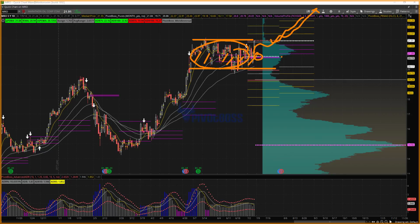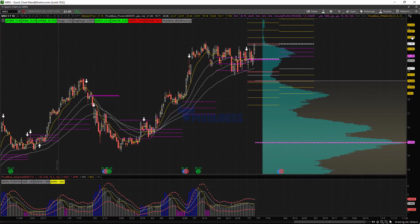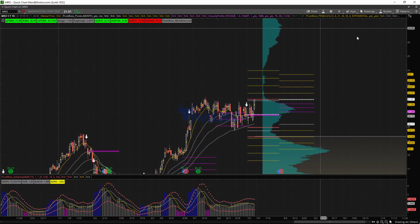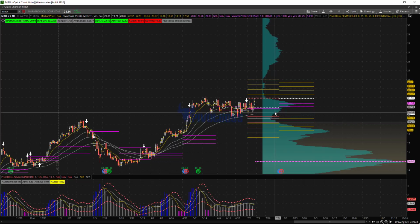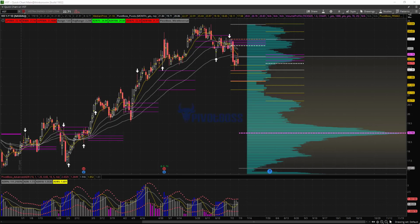And again, we're trading right now at 22 bucks. If this thing really wanted to get up and go, I could see it rallying to about 27 over the course of the next couple of months. I mean, back to this HVN, through the LVN and going. This could be pretty nice. Let's see here. I also...